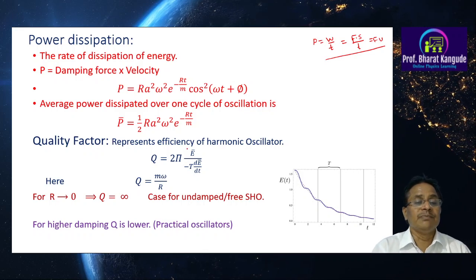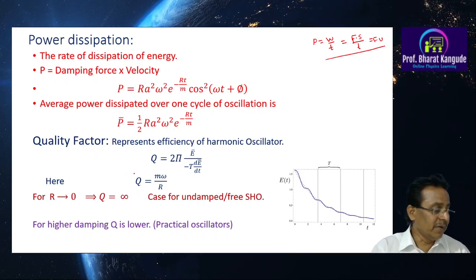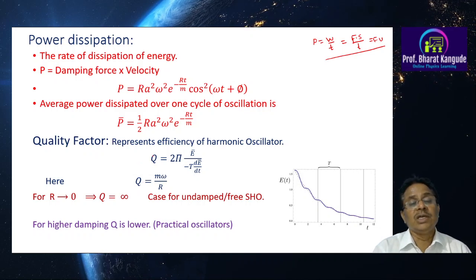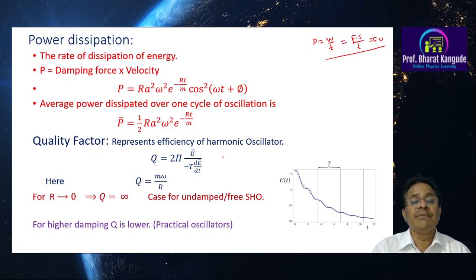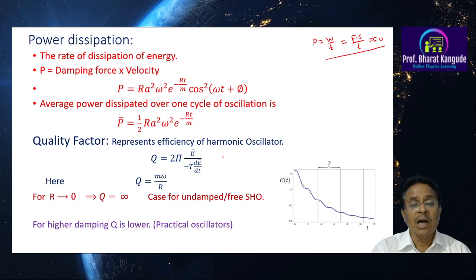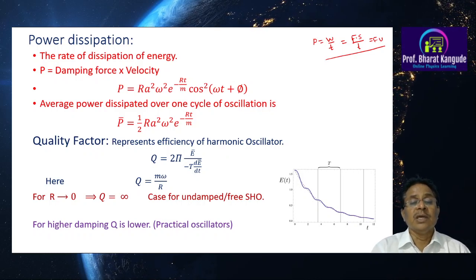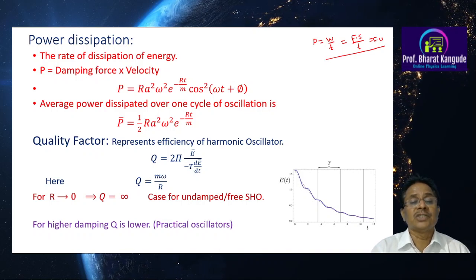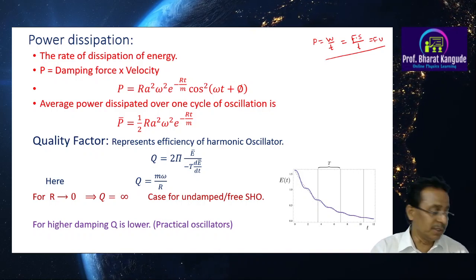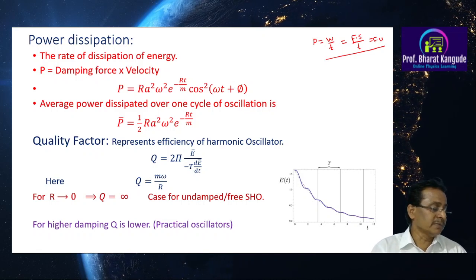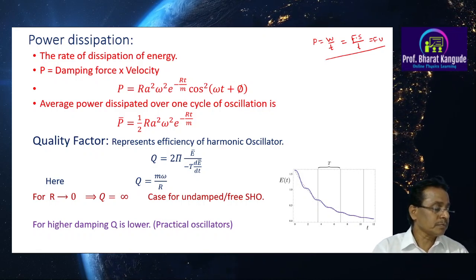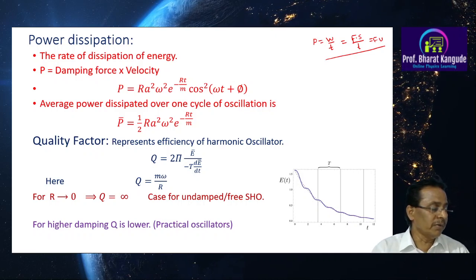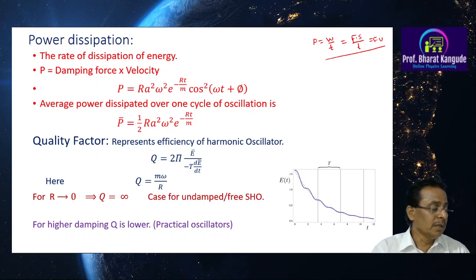Now, in this concern, another important parameter is defined for this type of motion, called the quality factor. In short, this quality factor represents the efficiency of a harmonic oscillator: how efficient this oscillator is. If it is essential to be very efficient, then this quality factor has to be very, very high, and vice versa. So this quality factor is defined in terms of the energy loss rate of a weakly damped oscillator.